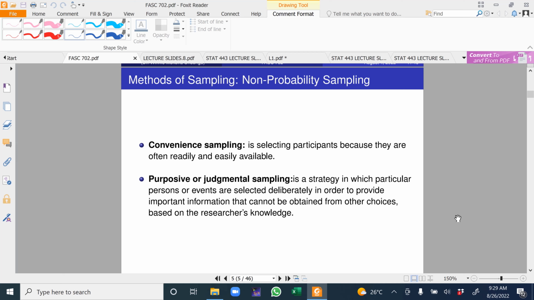So the surveyor is likely to be biased on where to get information from. And if you're biased of where you get information from, then you cannot purport to have it as a representation